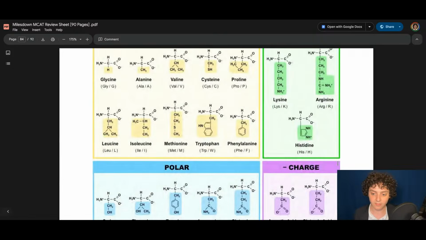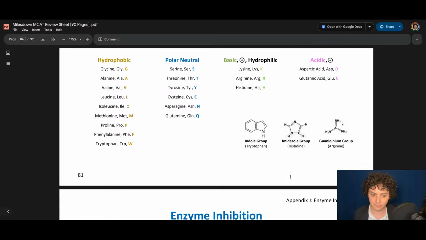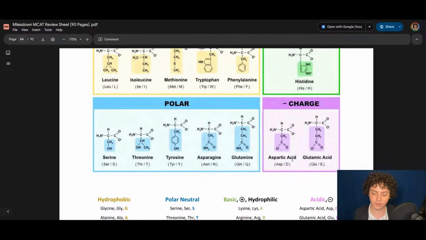Another way of naming these last two amino acids is aspartate for the anion form of the molecule, which is actually the one that's depicted here, even though they don't call it that. So there are some issues with the slides. This, I believe, is one of them. And then glutamate, which is the name for the anionic form of glutamic acid, which again is depicted here and not named as such. So this is aspartic acid, aka aspartate. This is glutamic acid, aka glutamate.